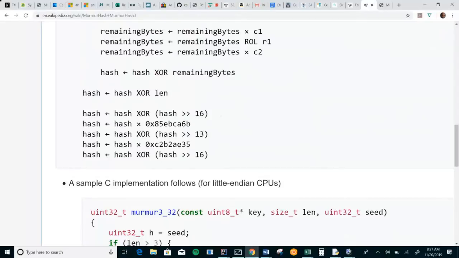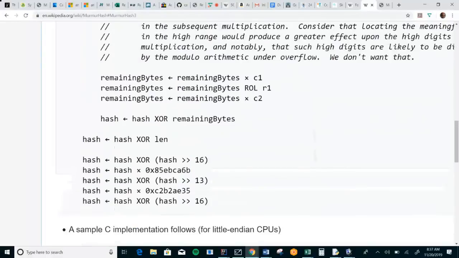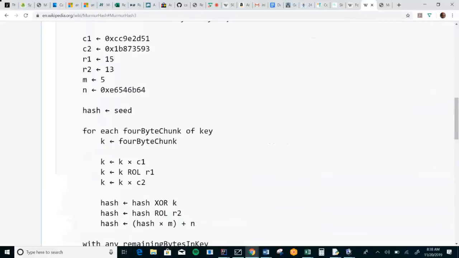Then these are shift operations. They're similar to rotates, except that when stuff goes off the end, it doesn't get rotated back around, it just gets filled in with zeros. So it exclusive ORs it with itself, shifted 16 bits to the left. So it takes half the string and exclusive ORs it back with itself. And then takes another piece of it, exclusive ORs it back with itself after doing some more multiplying and so forth. So this looks royally convoluted, and in a way it kind of is, but I wanted to emphasize